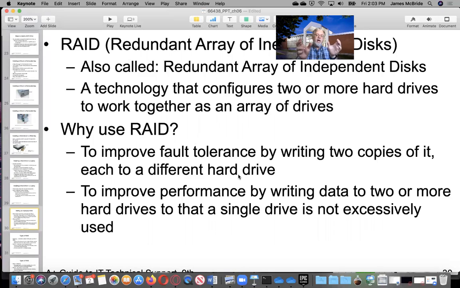That way, if this one dies, I still have this one. That really came about because while hard disks are super, super reliable, when you want to deal with this in a server environment, the spinning parts of a computer are going to be the ones that die first. And in a server system, you may have a server installed for 20 years,